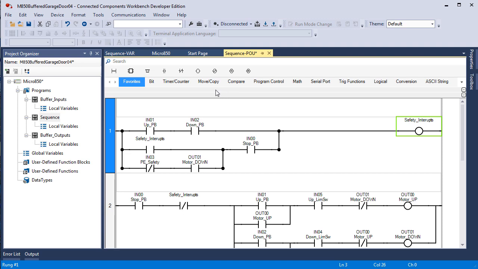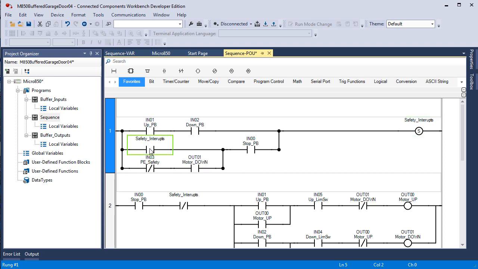To do that, we already know we can't drag it down. See, it won't let you drag it down and drop it. In the other PLCs, you can do that. And the reason I like to do that is that way I can drag over the tag name to the new instruction. Well, we already know you can't drag that tag name over to another instruction, so I guess that makes that a moot point. I will delete this instruction and put in a set and just select it, safety interrupts,